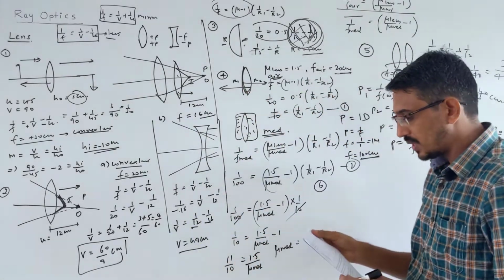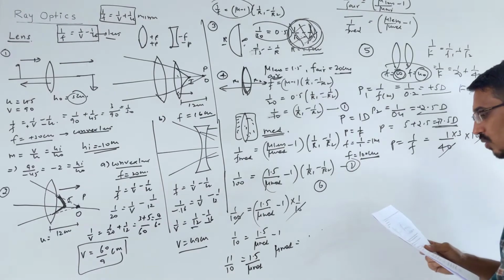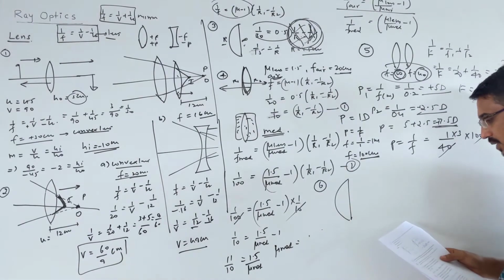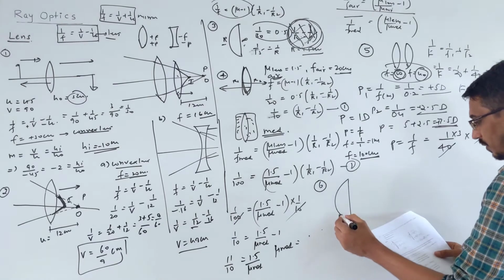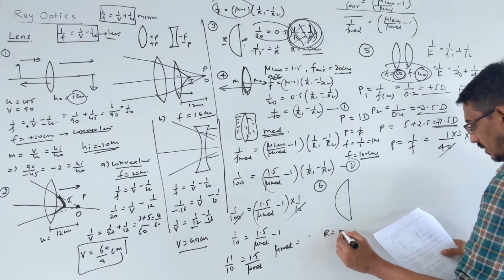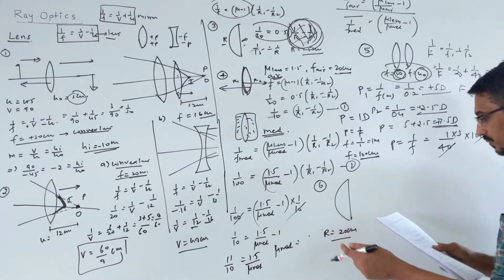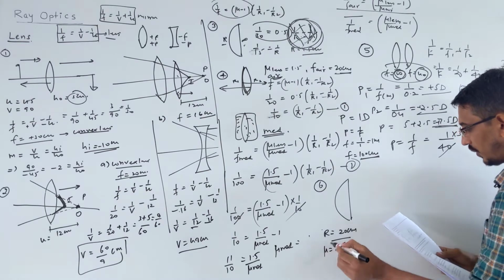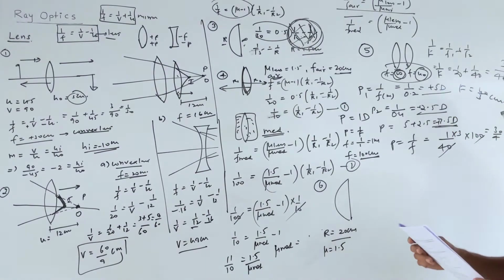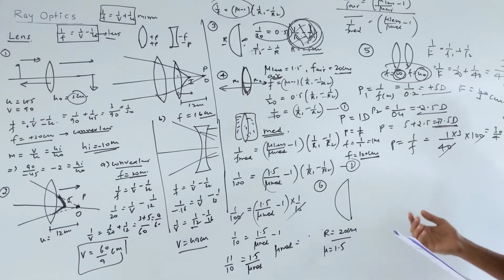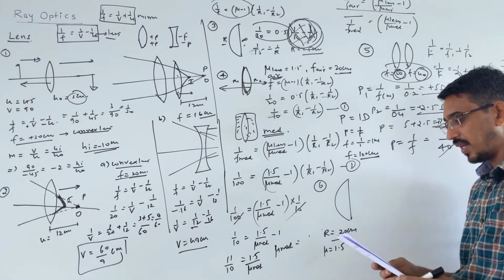Okay, so here the question is saying the radius of curvature of a plano convex lens. Which lens is given? Plano convex. So here the radius R is given. One R is infinite, so R is given as 20 centimeter. Refractive index is also given. Mu is given as 1.5. Calculate the equivalent focal length if the curved surface is silvered and if the plane surface is silvered.